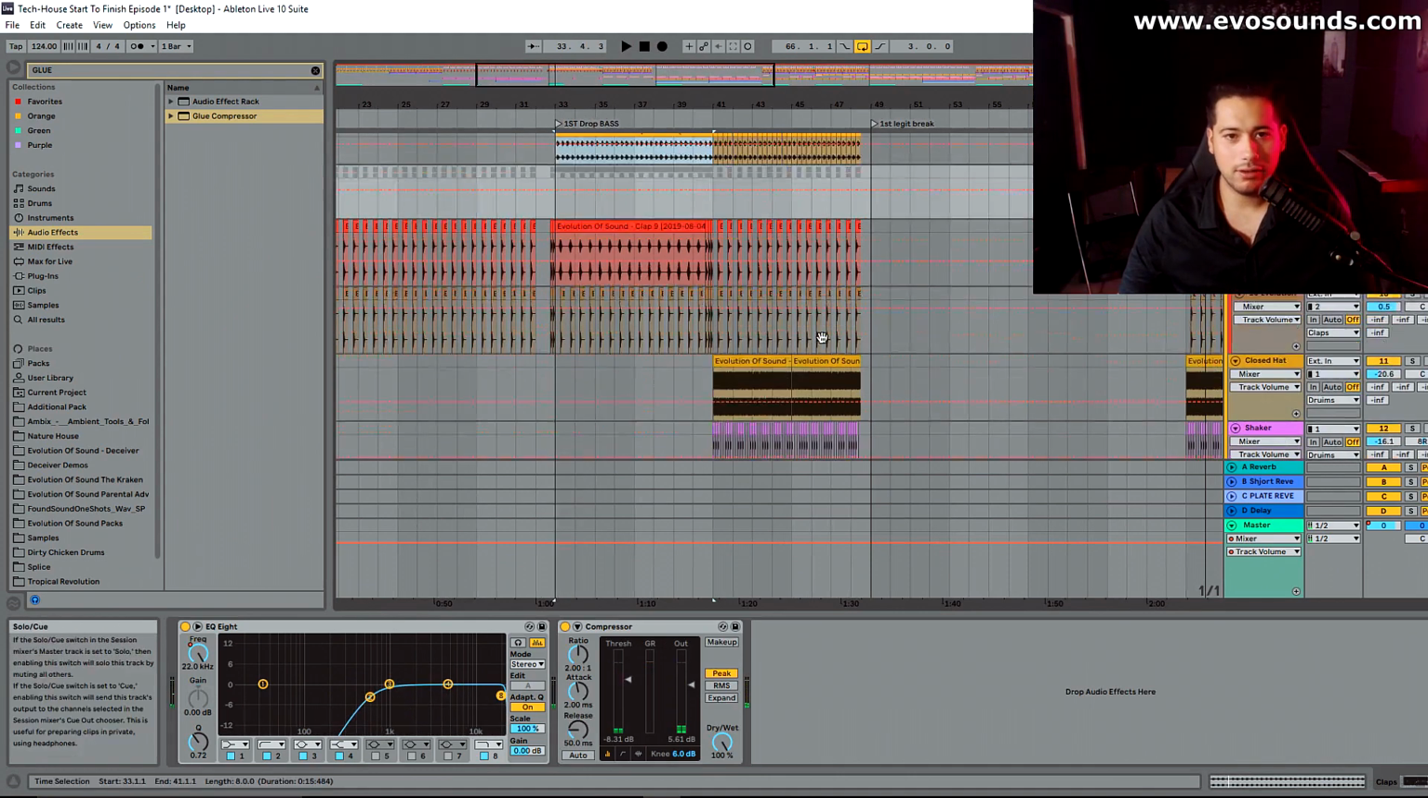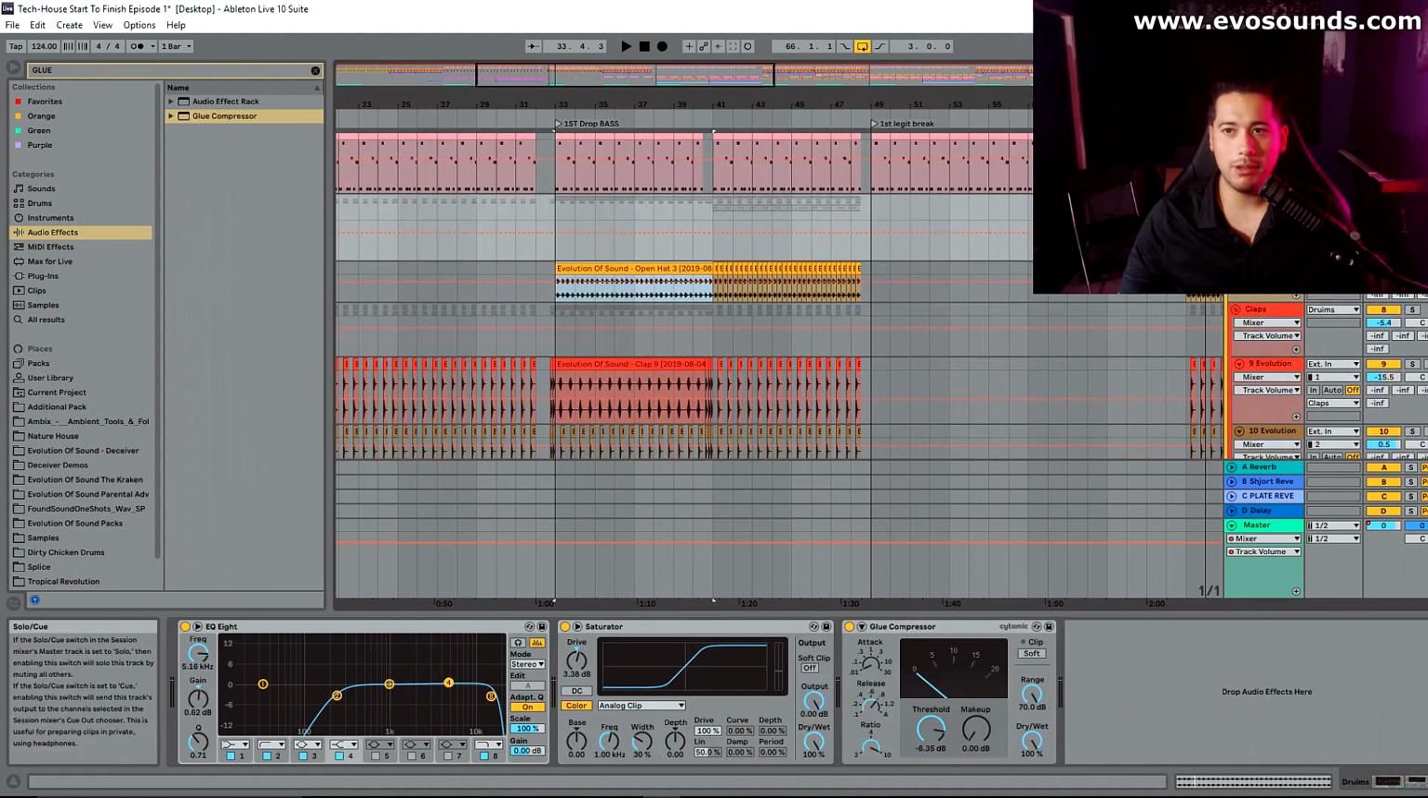The clap sounds pretty good, actually, so we don't need to mess around with that. Now, on the drum bus, we did add our saturation. This is heavily important as you're